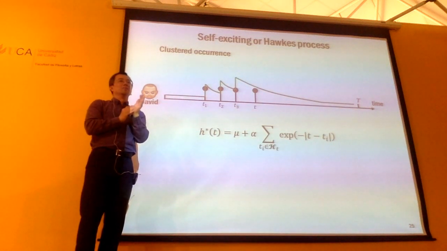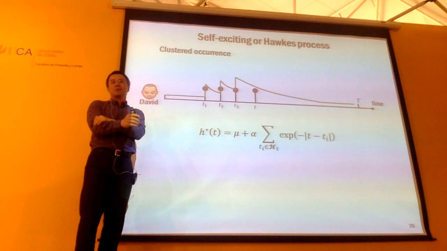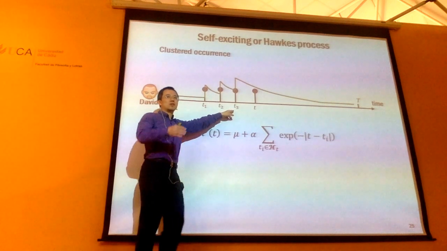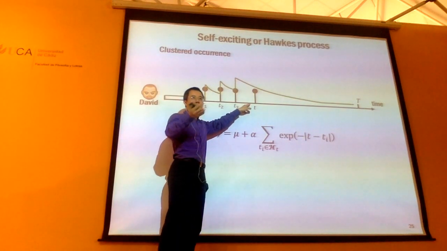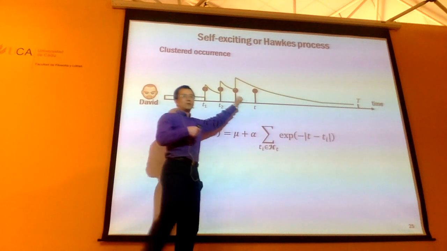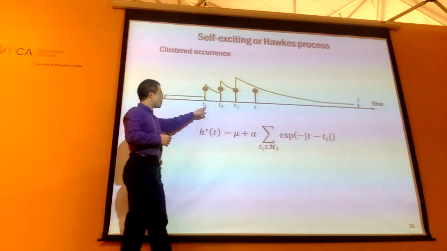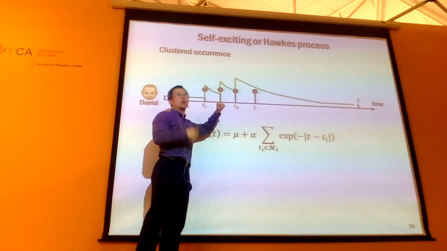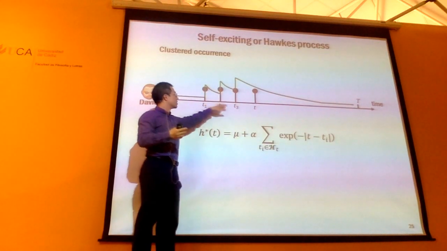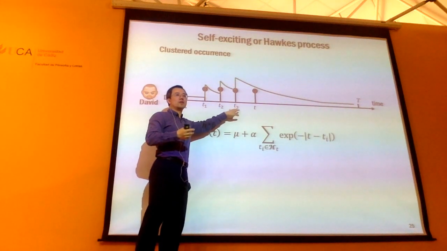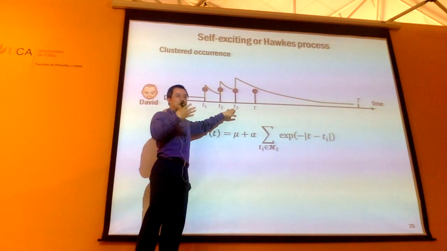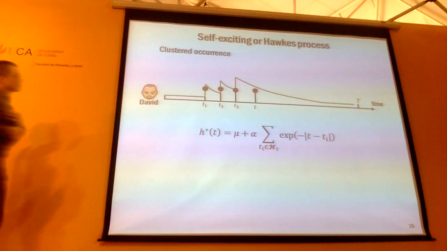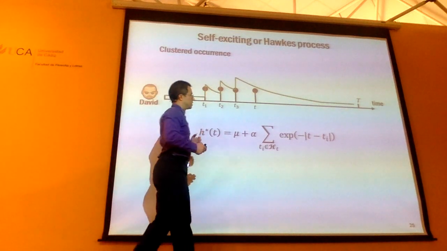It's just like when you like a particular TV series. You watch it today, and 2 minutes later, 3 minutes later, you're going to watch the same type of program again. If you go to a particular place recently, many times, it's likely you're going to go there again. Or if you retweet a particular person very often, then it's likely that you're going to retweet again. It's just capturing this self-excitation effect. So when you sum them together, this intensity is going to look like that. It's going to depend on history.